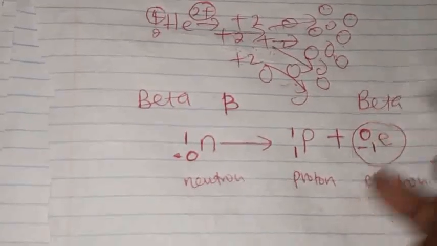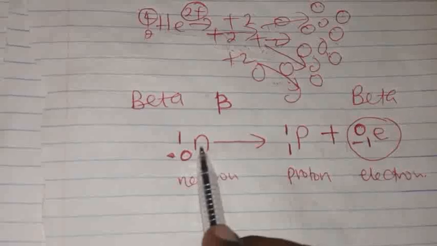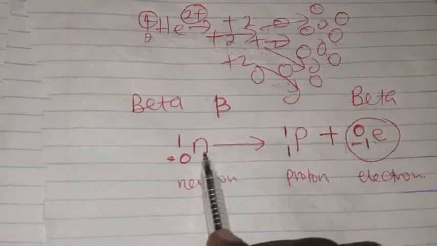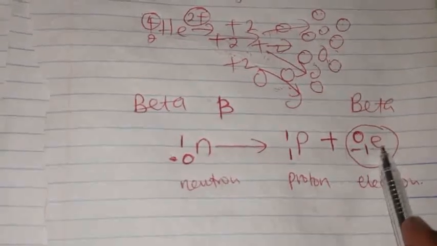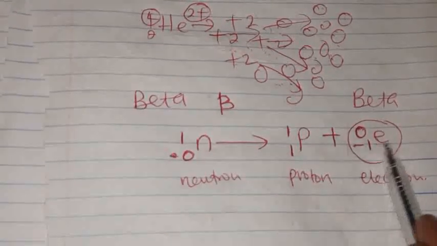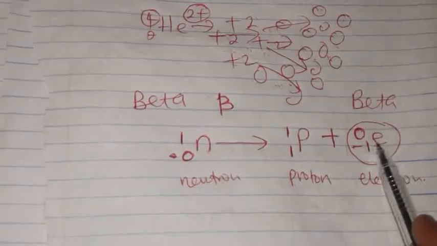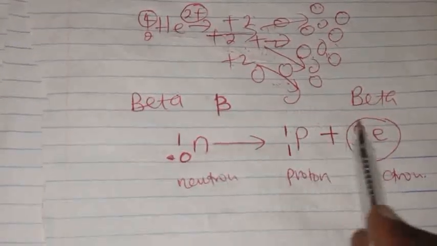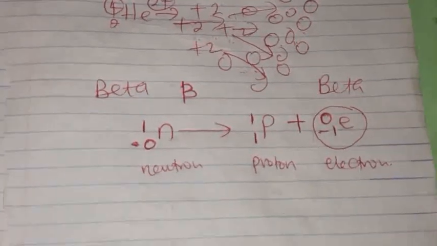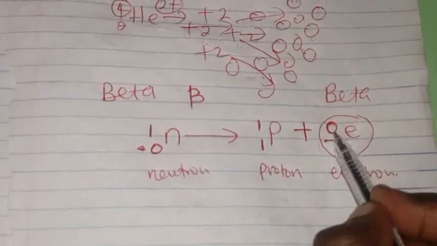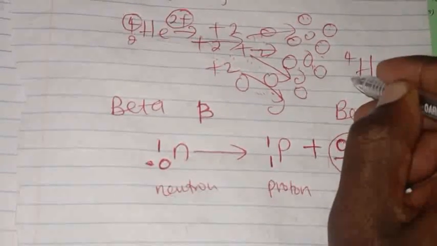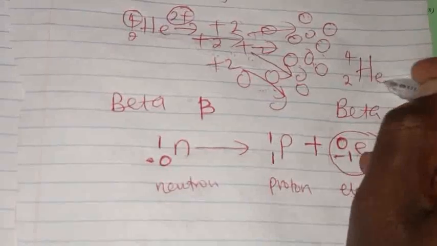So in other words, a beta particle is an electron released when a neutron in the nucleus splits. So it's not an electron in the energy levels. It is a neutron in the nucleus splitting to form a proton and that beta particle, or that electron. And that beta particle, which is an electron from the nucleus, has a mass number of 0 and it is negatively charged. It is now going to be the second lightest because we've talked about the helium that has a mass of 4 and of course an atomic number of 2